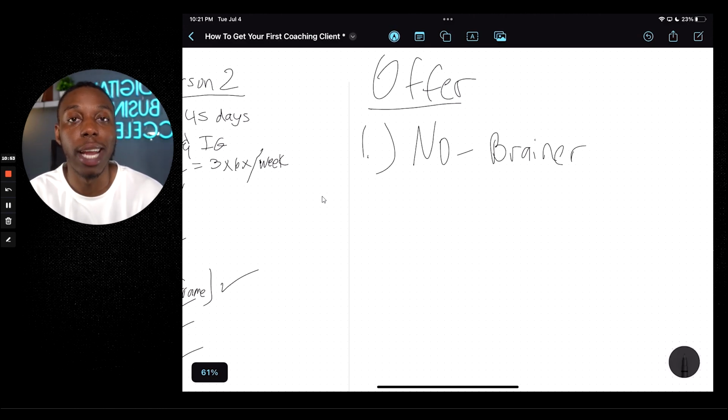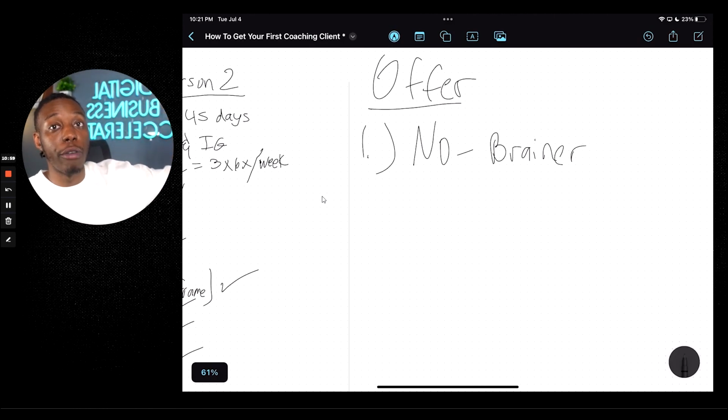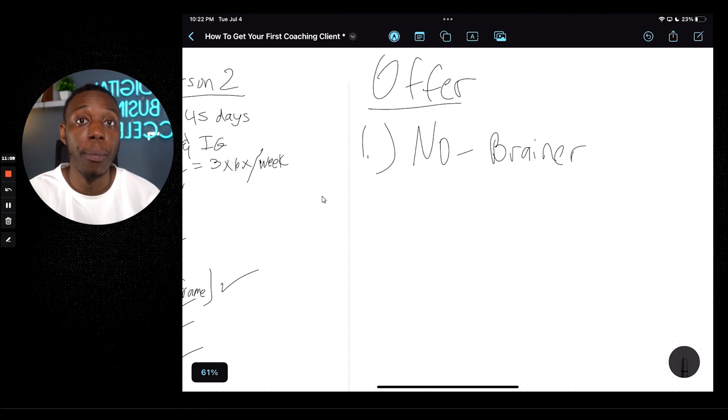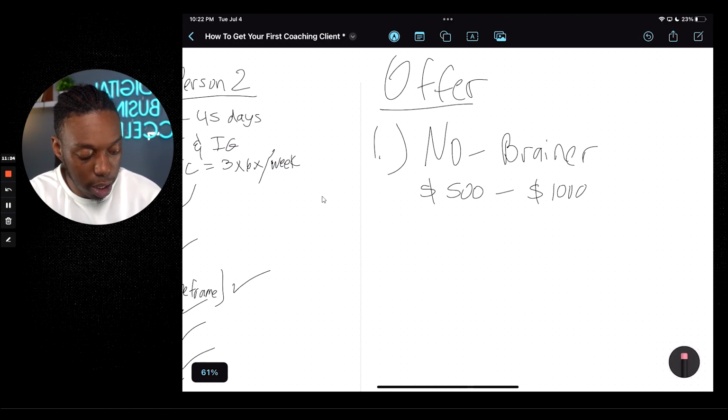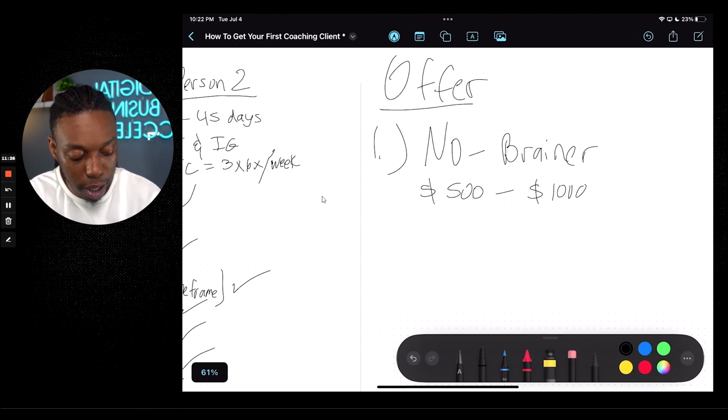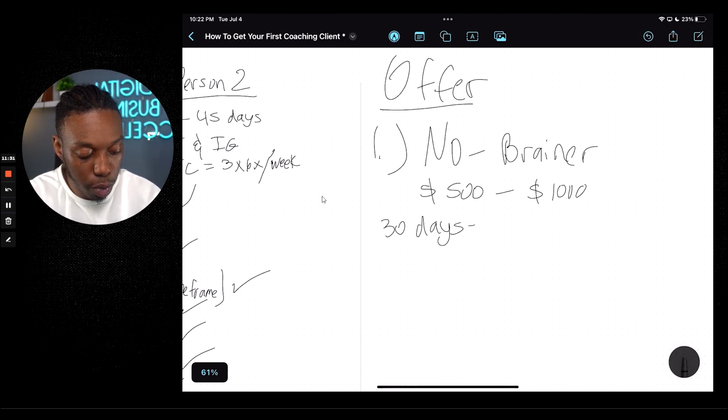They feel stupid not to enroll with you, because basically a no-brainer offer is where you're propping up all the value in your program, but you're severely undercharging. Even though you know you could charge more, you're taking a massive pay cut by enrolling these people and getting them through the door because it's just such a good program, right? So normally we see clients start off between like $500 and $1,000. They work with their clients for anywhere between 30 days to 60 days, right?